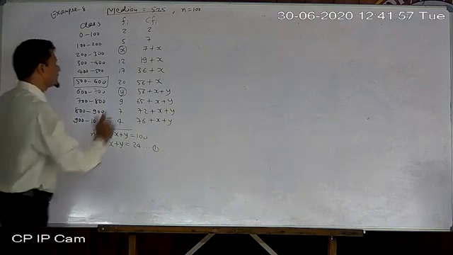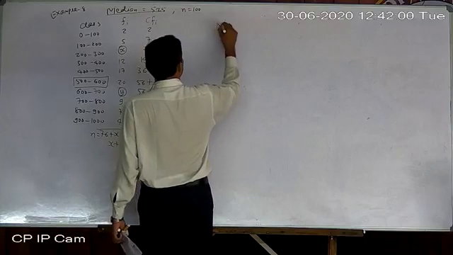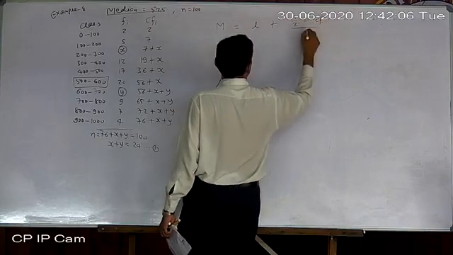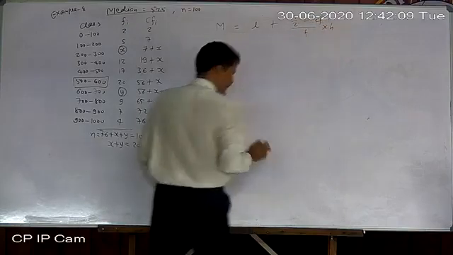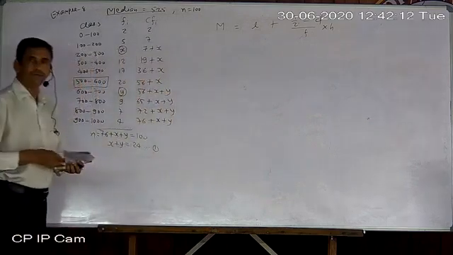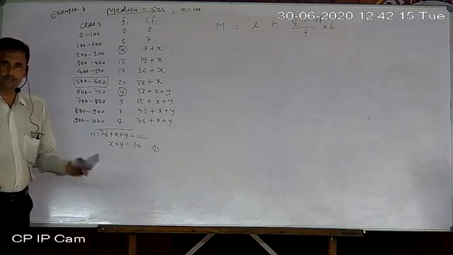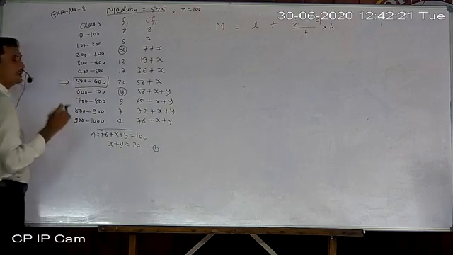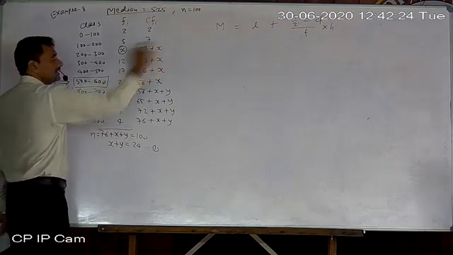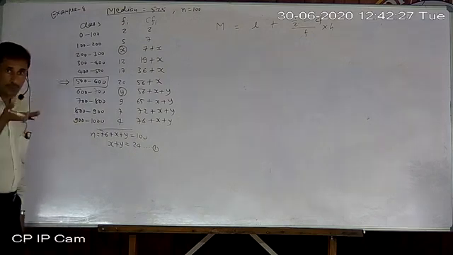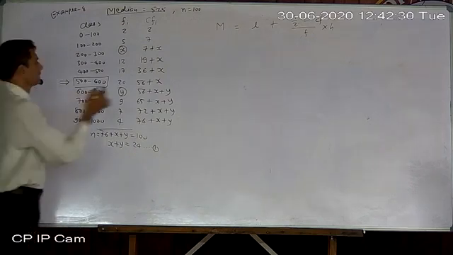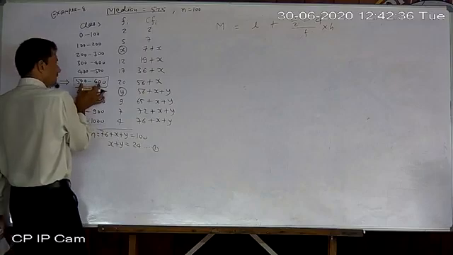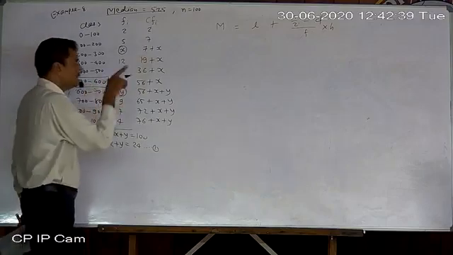Now, write down the formula. So M equals L plus n by 2 minus CF upon f into h. Now again I remind you, in the case of median, we always take all the values from the median class row only, except one, CF. CF is taken from the previous row of the median class. So CF will be 36 plus x, otherwise f will be here, L is here, and the difference, 100 means h, also from here. So everything from this row.